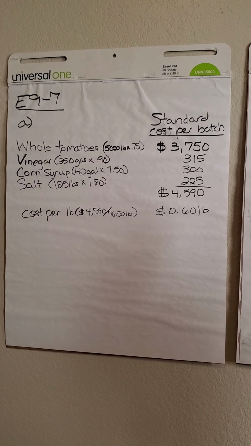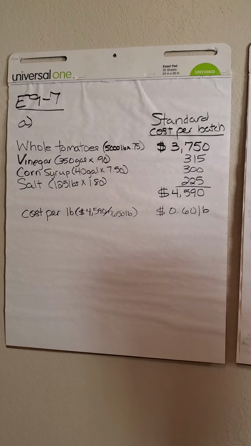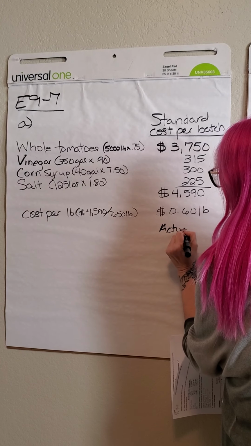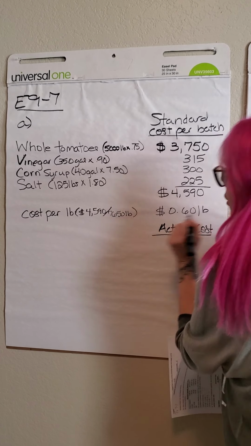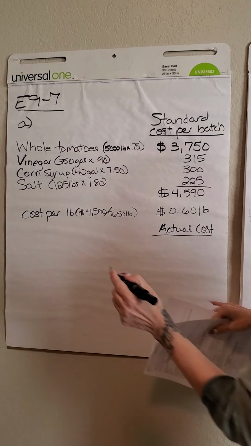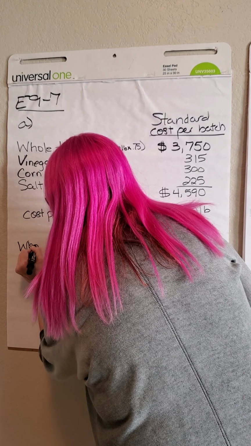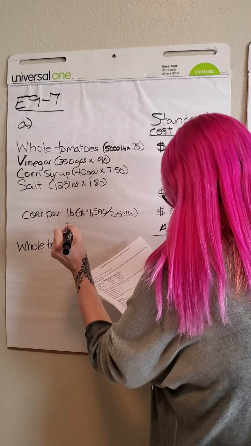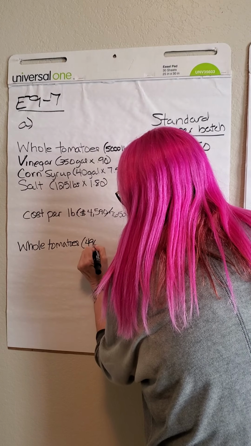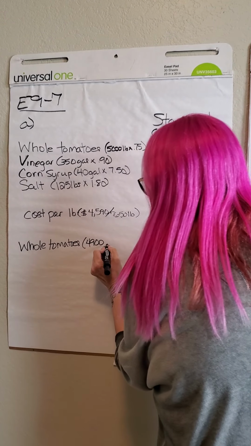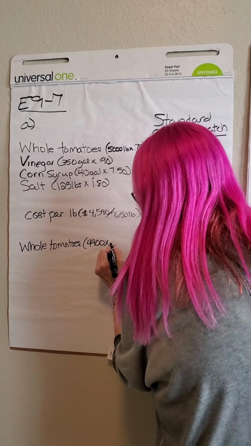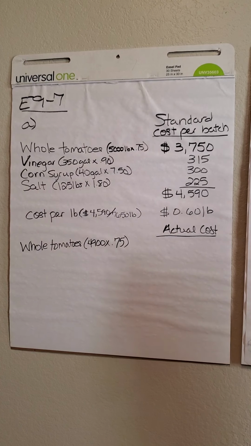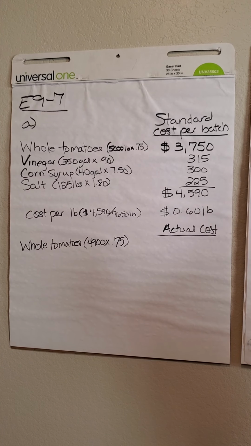So we're going to look again, and the first thing we're going to do is the actual cost. So again, we're going to look at our whole tomatoes. And on the whole tomatoes, we actually used 4,900 pounds instead of 5,000 at 75 cents per pound. So that total amount comes to,